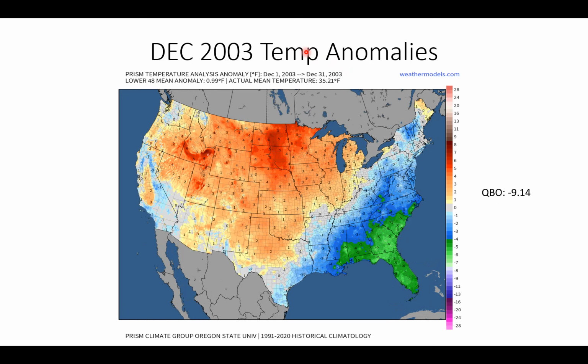What about December of 2003? What did the mean temperature anomalies look like that particular month? Below normal along the mid-Atlantic specifically, and it got more significantly below normal, this green shading across Florida, Georgia, and South Carolina here, on the order of 4 to 6 degrees Fahrenheit below normal. Meanwhile, the northern Plains were the mildest, 4 to 6 degrees Fahrenheit above normal temperatures in December 2003. And the QBO that particular month was minus 9.14, so fairly significantly negative for the QBO. We're in the easterly phase of the QBO in December of 2003. All right, and so this kind of matches up with what we'd expect, below normal